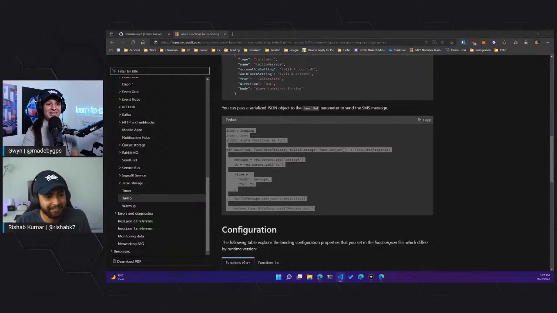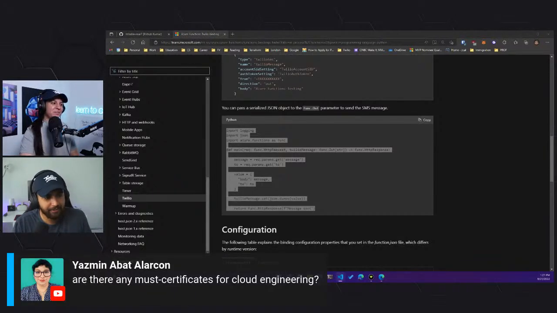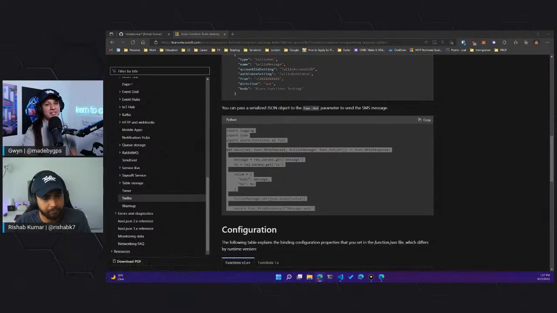Let me see. Are there any must-have certifications for cloud engineering? I wouldn't say there's any requirements or musts, but I would absolutely say that if you want to learn and get certifications, going for an associate level and then a specialty or a professional is probably your best bet. But you don't have to collect them all or study certifications every month or anything like that.